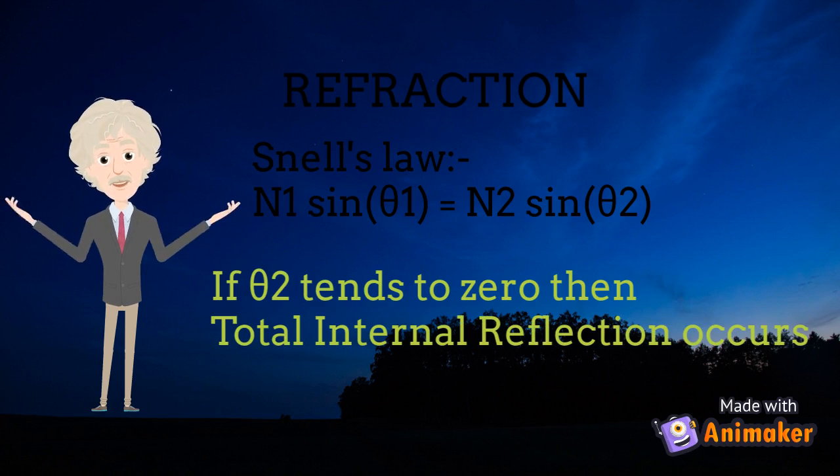Snell's law also states that if theta 1 is large and theta 2 is tending to 0, then it is assumed that the light will be totally reflected. This phenomenon is called total internal reflection. Some of the examples for this type are mirage and